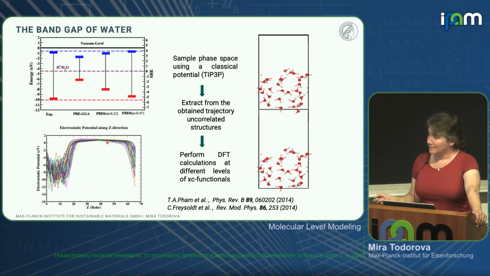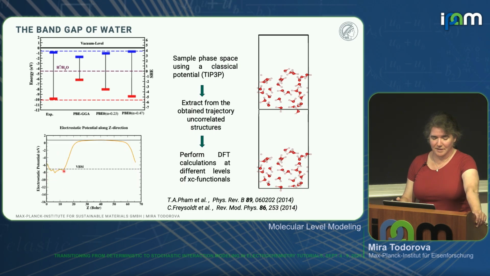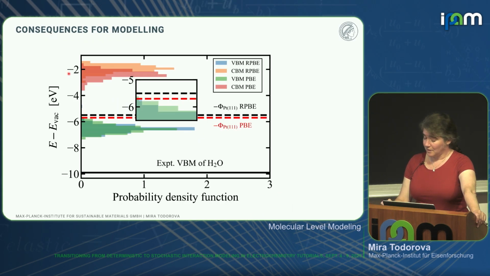And this is just some of the snapshots that we've calculated. But when we average, we can extract the position of the vacuum level and the valence band position, and we know what the band gap is. Then we see that PBE severely underestimates the band gap of water. And this is a problem because this is usually our workhorse for all the calculations. We've mentioned it already, but I wanted to show you